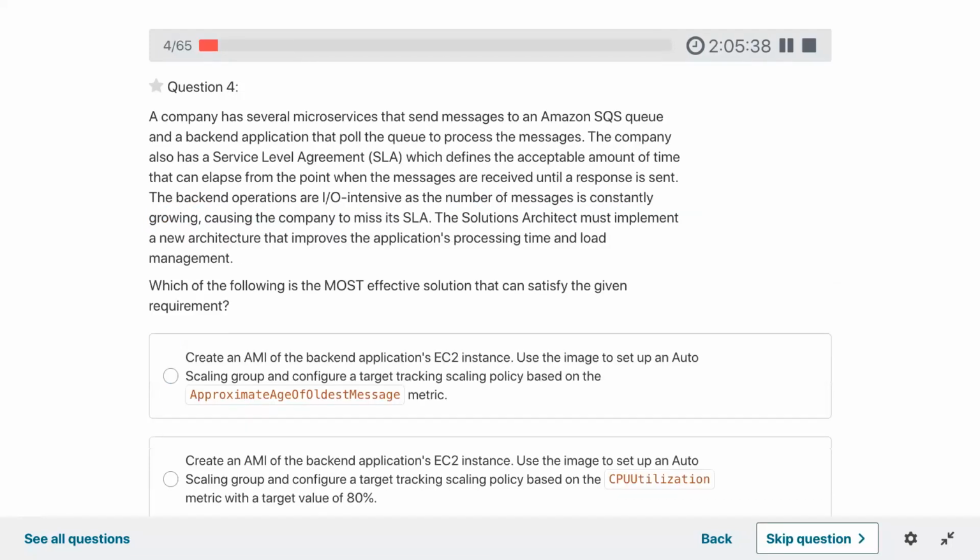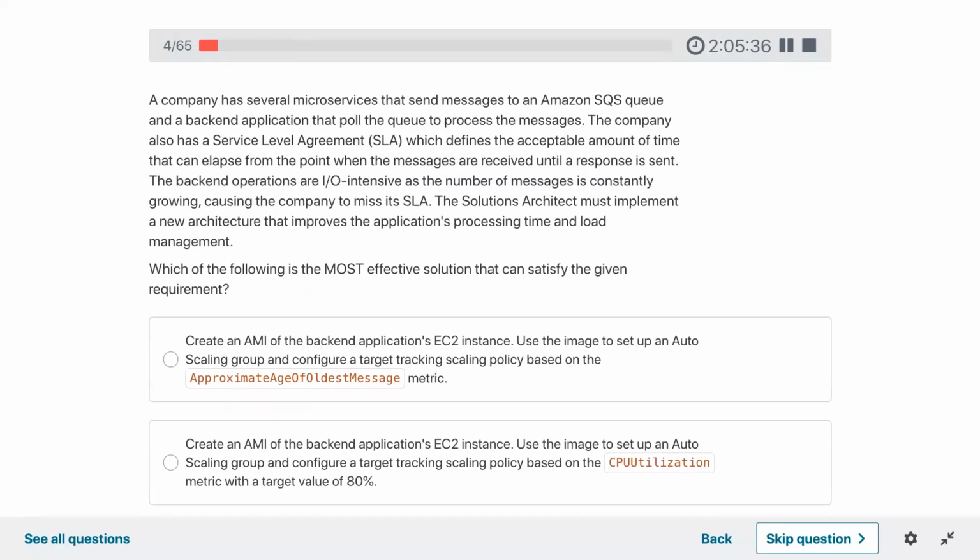A company has several microservices that send messages to an Amazon SQS queue and a backend application that polls the queue to process the messages. The company also has an SLA, a service level agreement, which defines the acceptable amount of time that can elapse from the point when the messages are received until a response is sent.